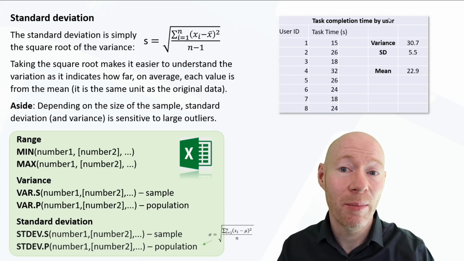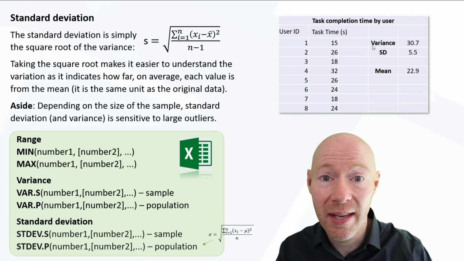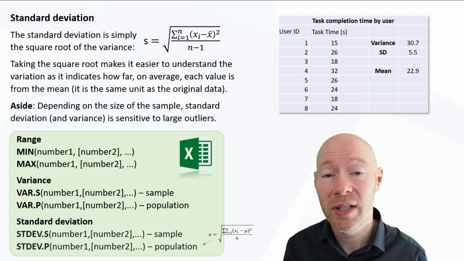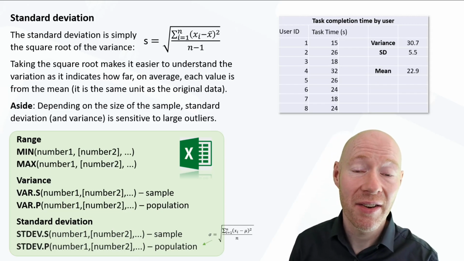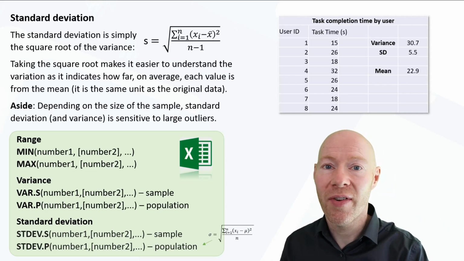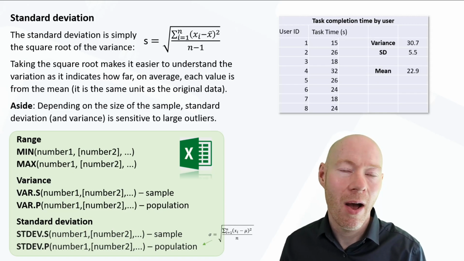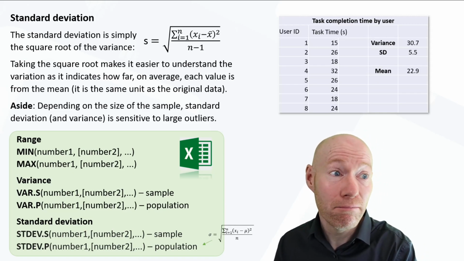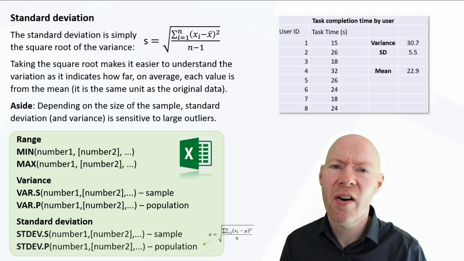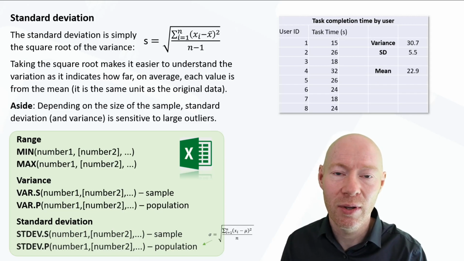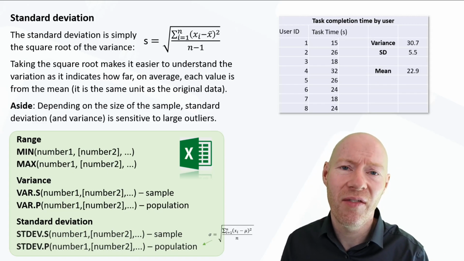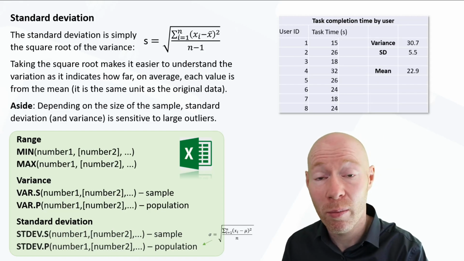And you can see an example over here in our table where we've calculated things: we've got our variance, then we've got our standard deviation of 5.5 compared to our mean of 22.9. Now what that means, the standard deviation of 5.5, is that if I just say, here's a value at random, another value, and you were to say, okay, typically, I know my mean, my 22.9, for a random value you've just given me, how far away from the mean should I expect that value to be? And 5.5 is the measurement we've ended up with there. On average, it'll be 5.5 away from our mean value, be it above or below,